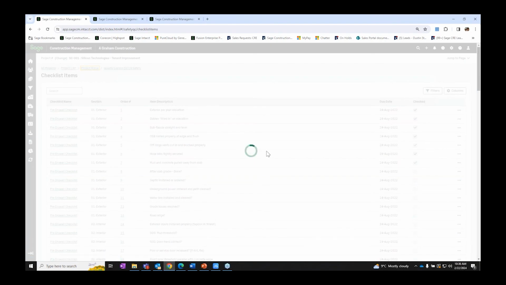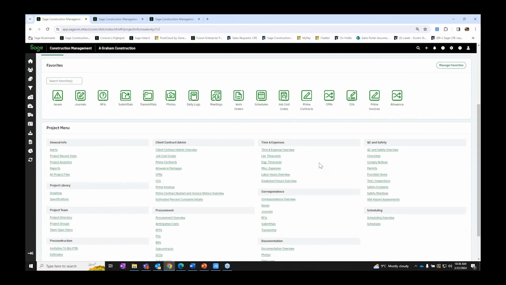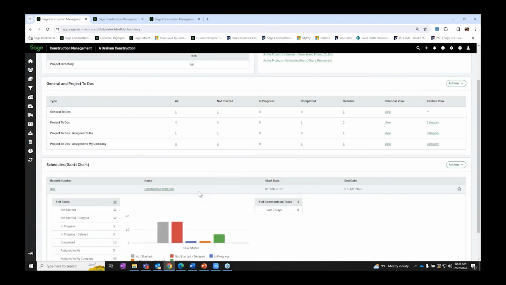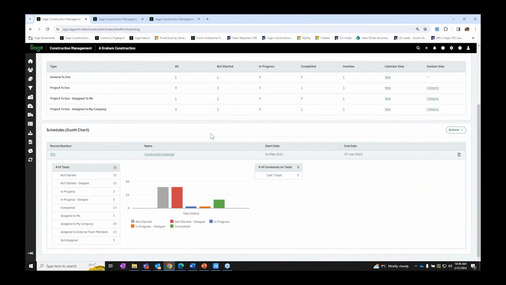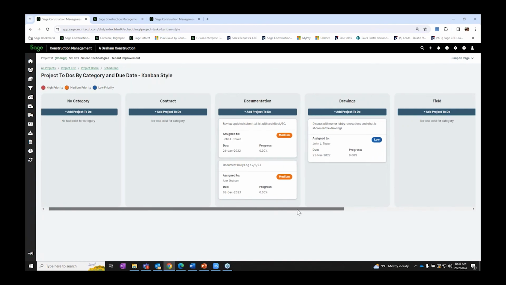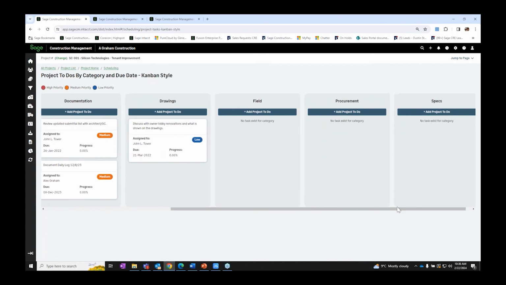All right, and then lastly here with the operations modules, we have our scheduling feature. Within the scheduling module, we'll have the ability to set up project to-dos, general to-dos across multiple projects for our various users within our team. There will be a Kanban style that I can open up to quickly add new tasks depending on the type of tasks that we wanted to assign to our users, and then track all that information in an easy to see